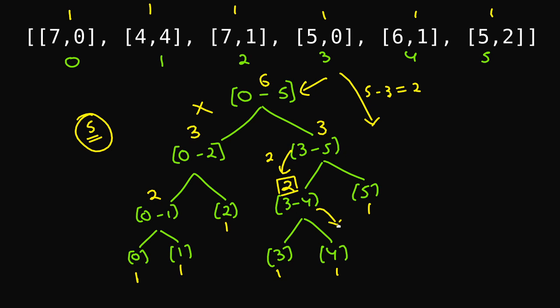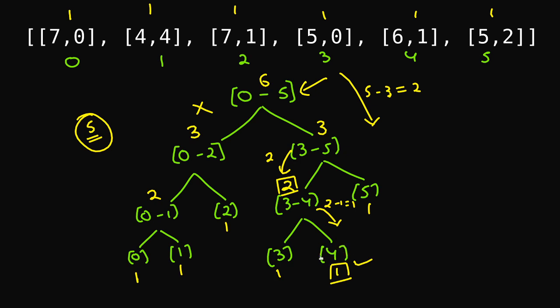And how many ones am I left with? Before, I needed to find 2 ones. In the left subtree I already have 1 one. So I'm left with finding only 1 one. Okay, and I'm at this particular node now, and the value that I'm looking for is 1. And yes, this node is in fact the leaf node, and whenever we encounter a leaf node, this is the position that we are interested in.